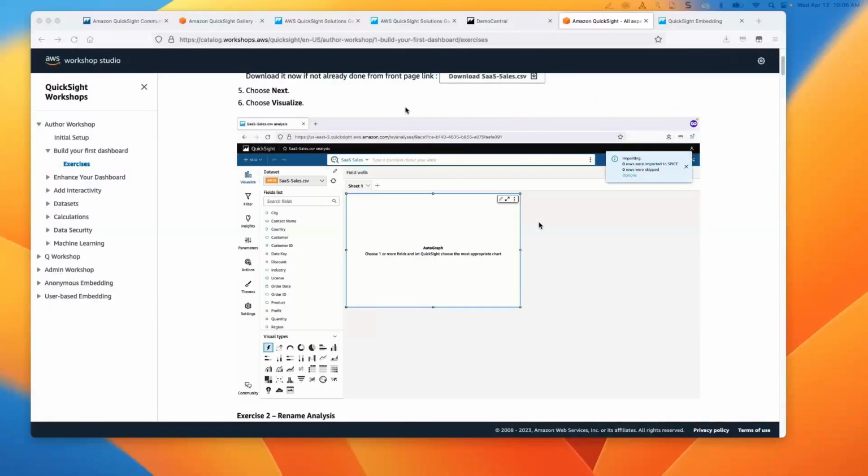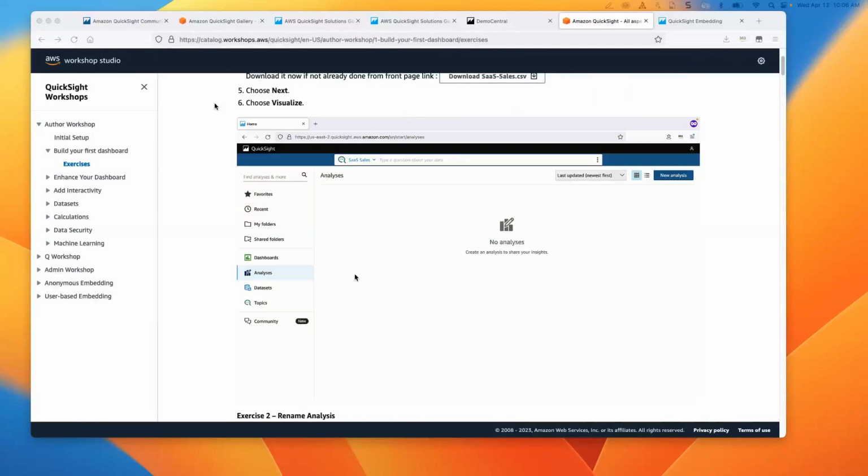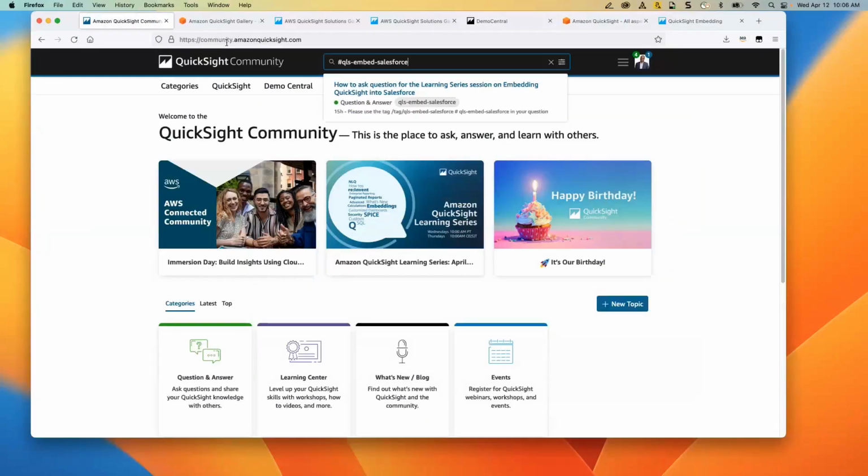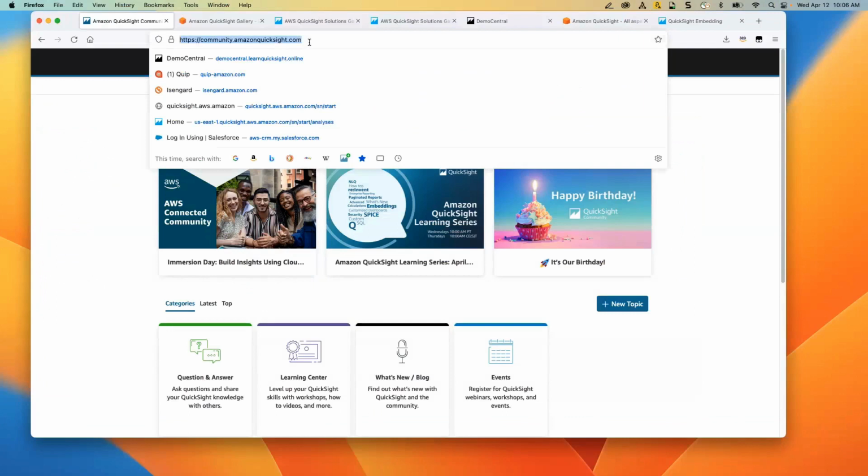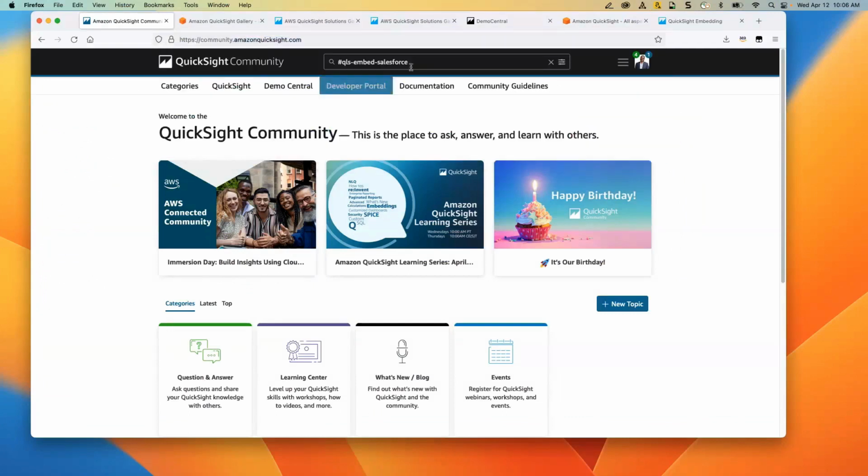So in the community tag, let's say we are here, go into the community.amazonquicksite.com. And once you're there, at the very top, you can search for the hashtag QLS embed Salesforce. And if you press enter on that, it's Q. There you go. QLS embed